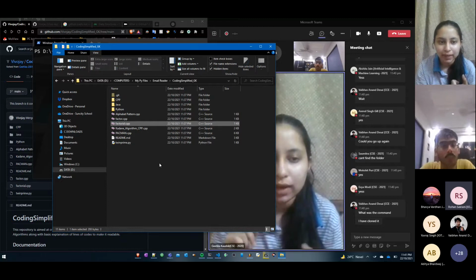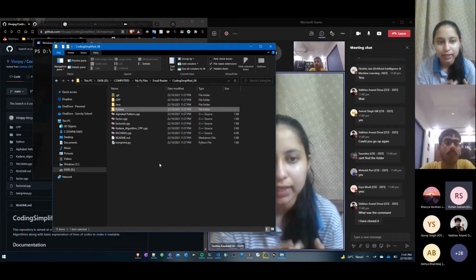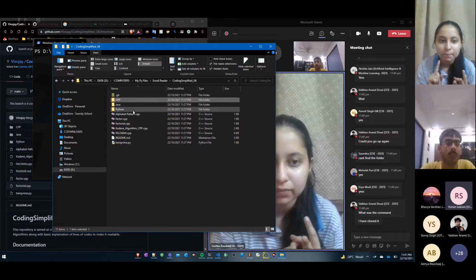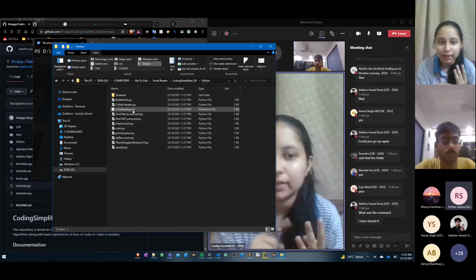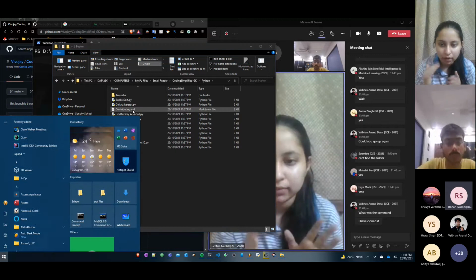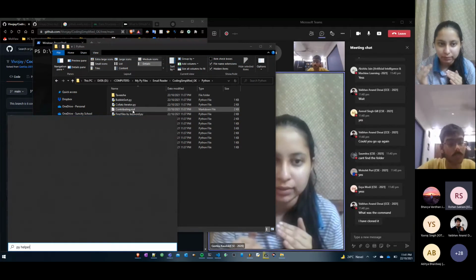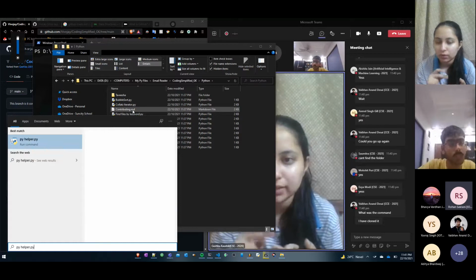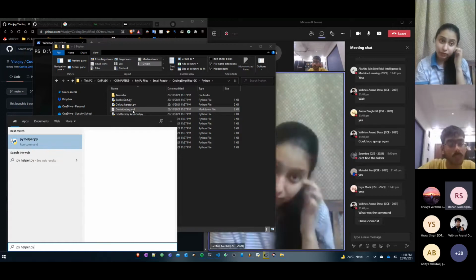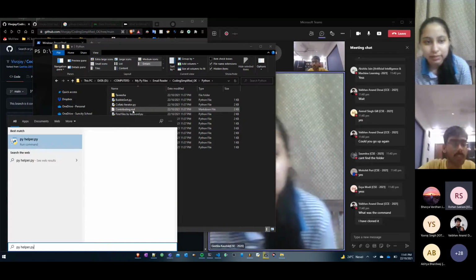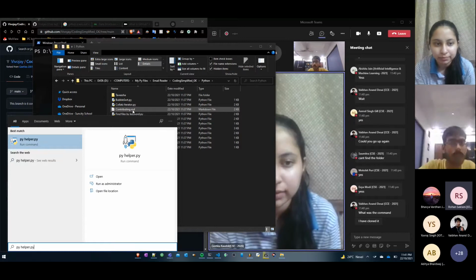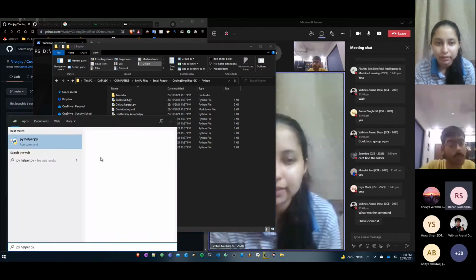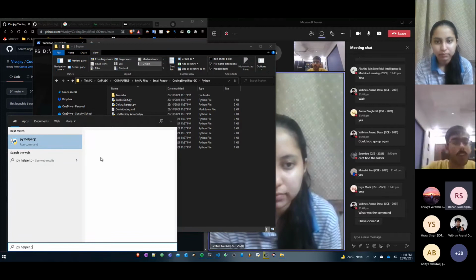If you have a CPP file, paste it over there. If you have a Java file, paste it in that folder. If you have a Python file, paste it in that folder. And if you have a C file or any other text file, paste it outside only without any folders. The files which are outside are those which are either txt, all those files which are not related to any language. Paste those files outside the folders. Since Vivan has a Python file, he will paste it inside the Python folder. Yeah, okay, I'll just do that.